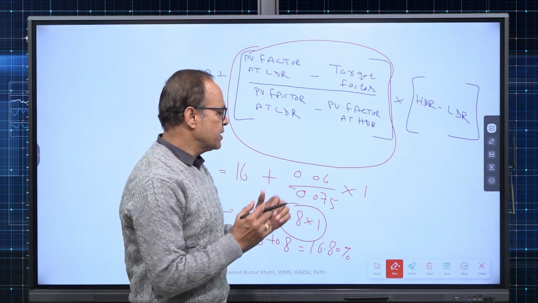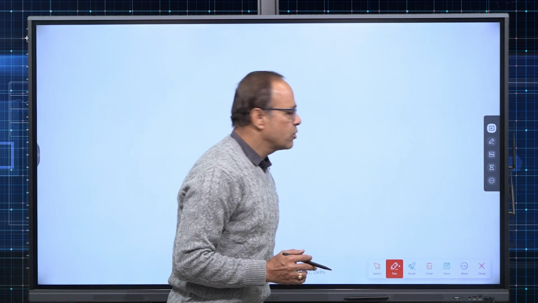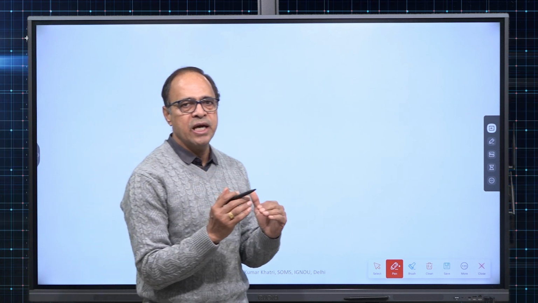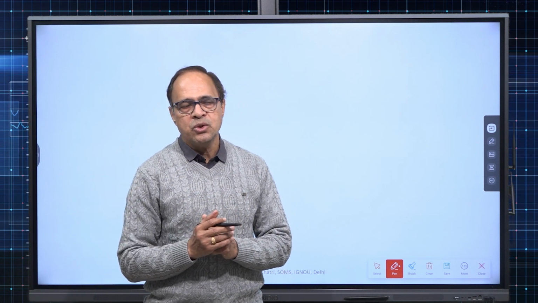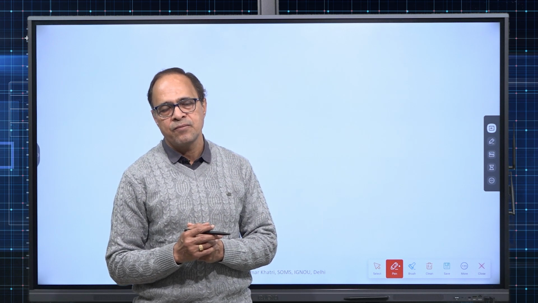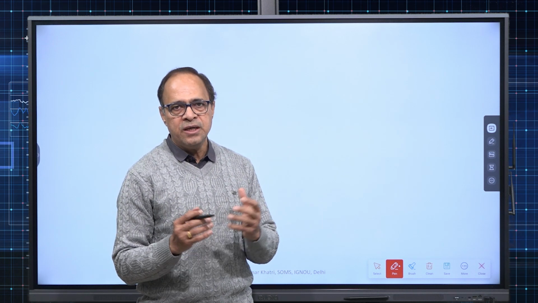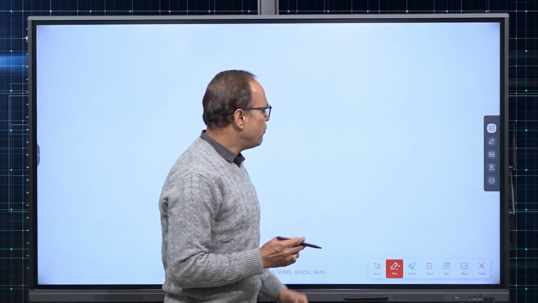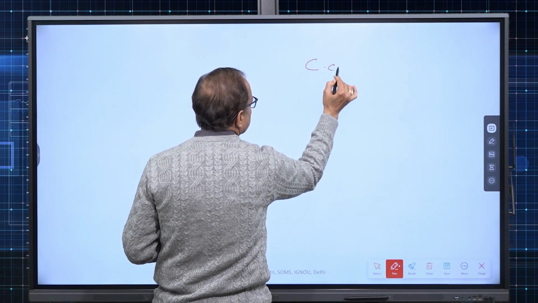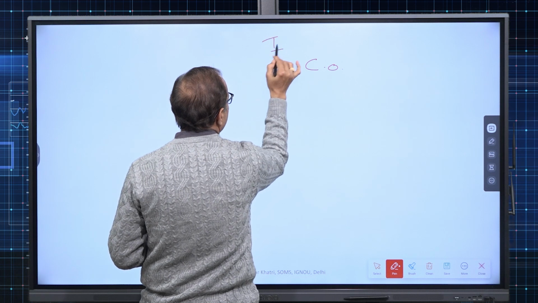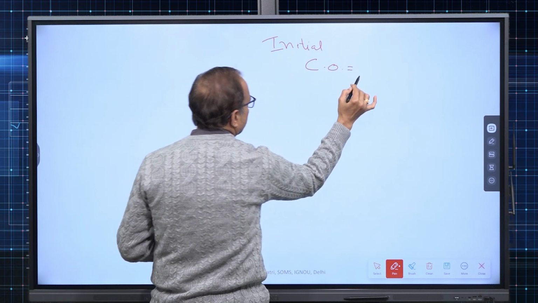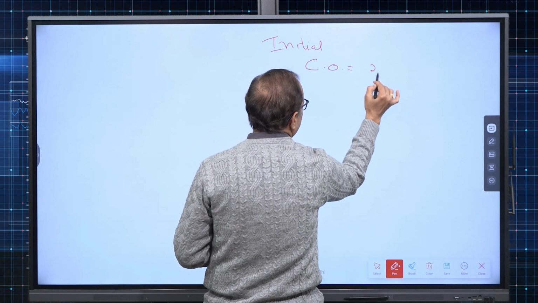Now, I will proceed further when case is not of an annuity, what to do. Now, at that point of time only guesswork will do, because ultimately calculation of IRR is nothing but trial and error method. If we simply take an example, what example I am going to take? Cash outflow is, that is definitely initial cash outflow, is equal to, let us say 2 lakh rupees only,